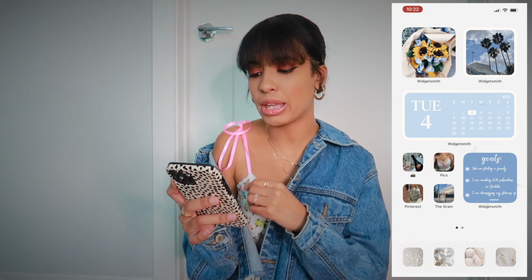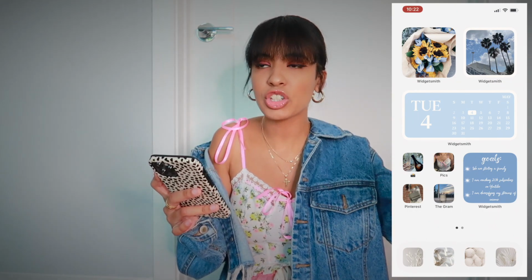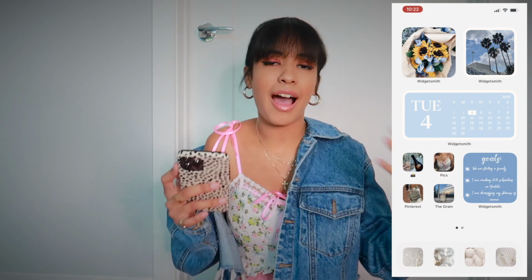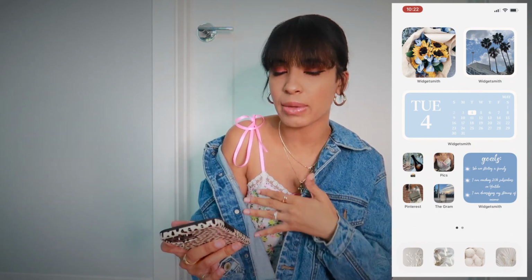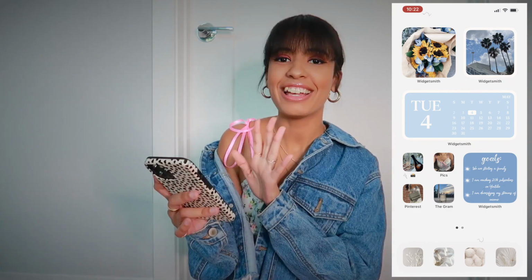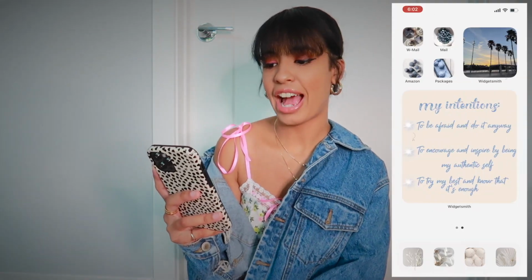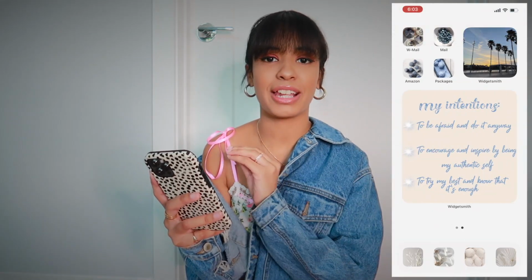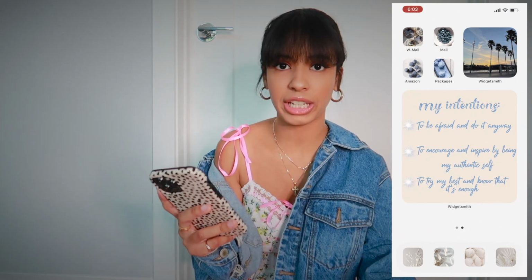And I like writing them in the present tense as if I am already in the process of achieving them, because technically I am, since I'm working towards them and I know that I will achieve them. There's no doubt in my mind. So I just like having that little widget right then and there. So on the second page I have four more apps. These are the apps that I use almost every single day, and the first one is my work email,